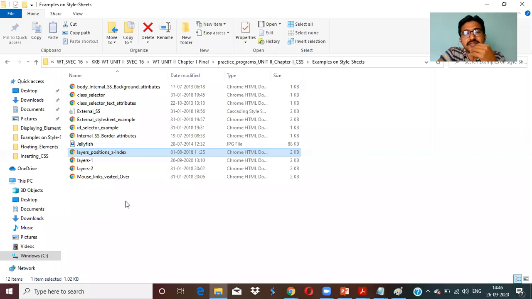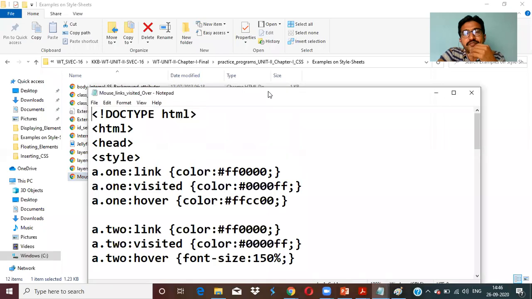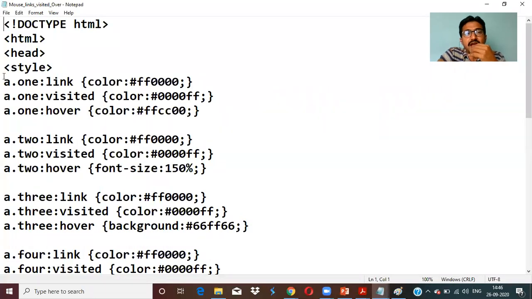For this, you just apply an example. I'll show the example for you, how they are going to apply. See here, anchor is a tag, one is a class name, a dot one colon. These are the values. So this is a property now, and this is a value, property, value, property, value. So when we are creating a link, the color is this one. When I visited the link, the color is this one. When I take the mouse over there, the color is this one. I am using another class, creating another class called 2. When I visited this, the color is this, visited.